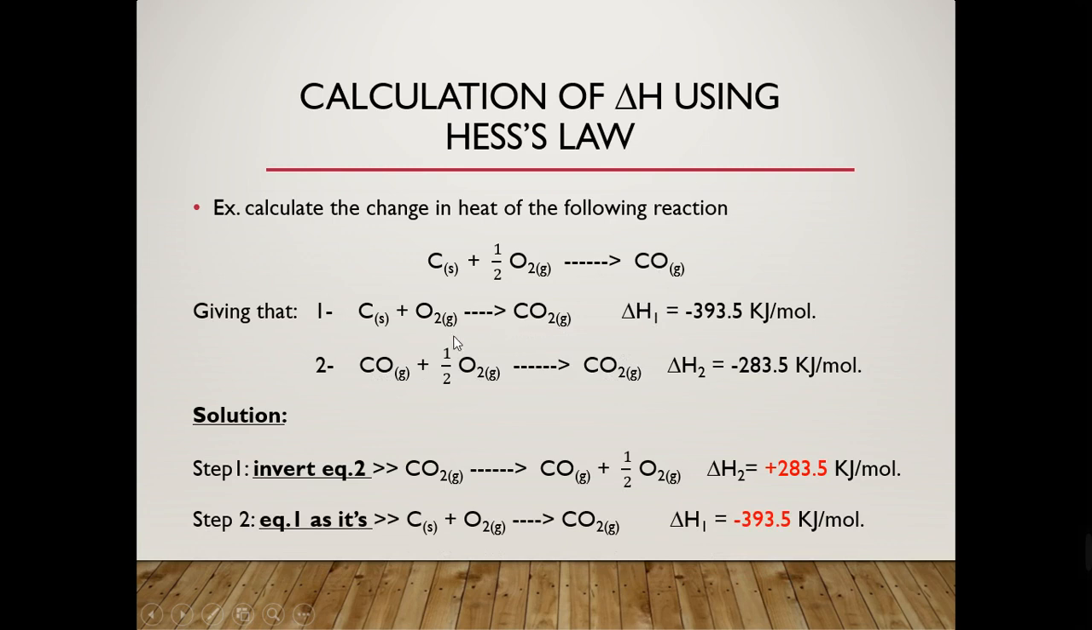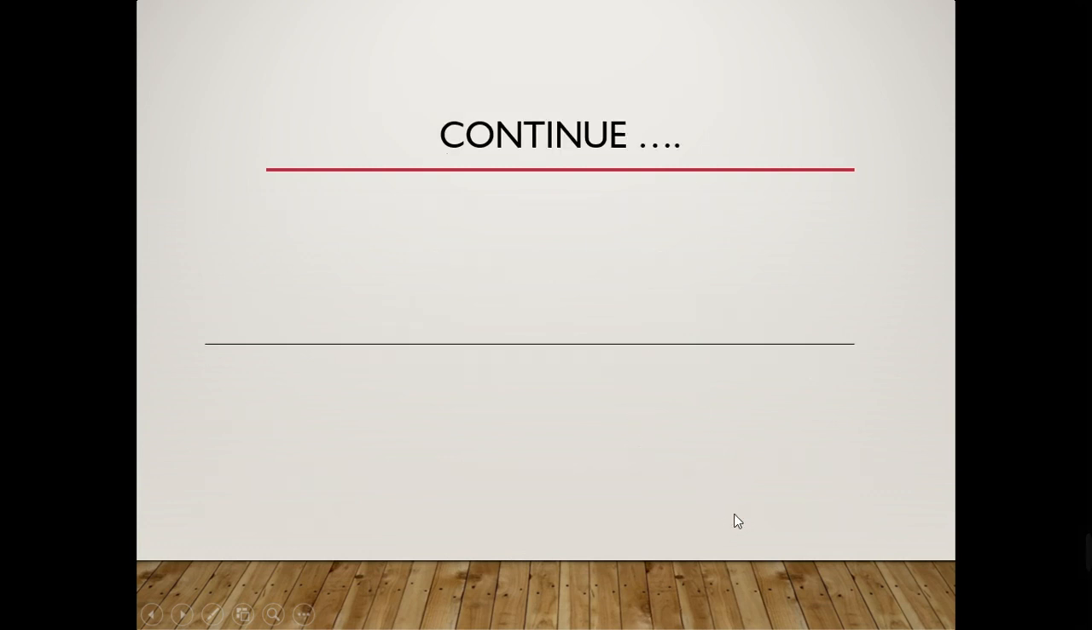The second step: in the first equation, look at the main equation, carbon solid is present in the reactant. The first equation also has the carbon solid present in the reactant, so the first equation stays as it is, with no change or amendment. By adding these two resultant equations, we will obtain the main reaction. Let's say, by adding the two equations,